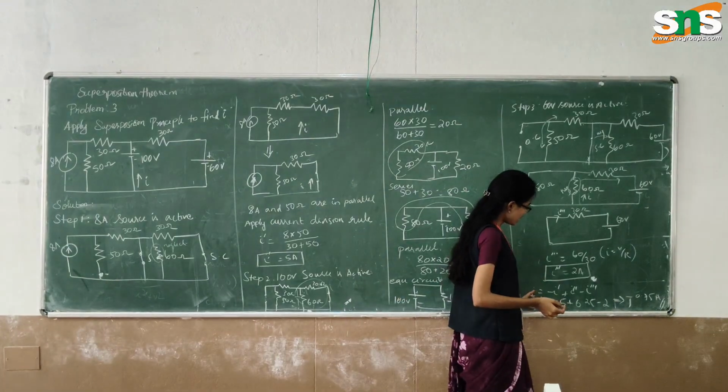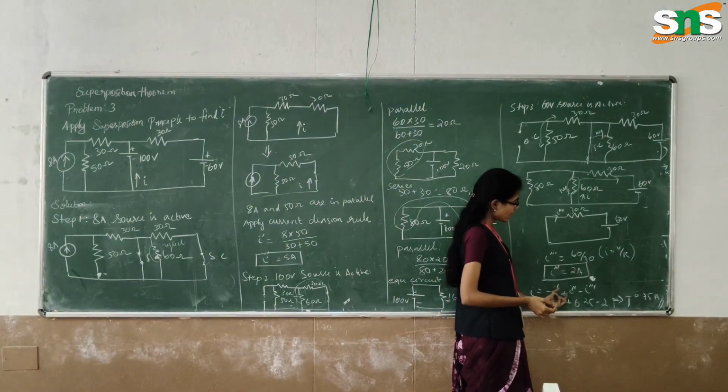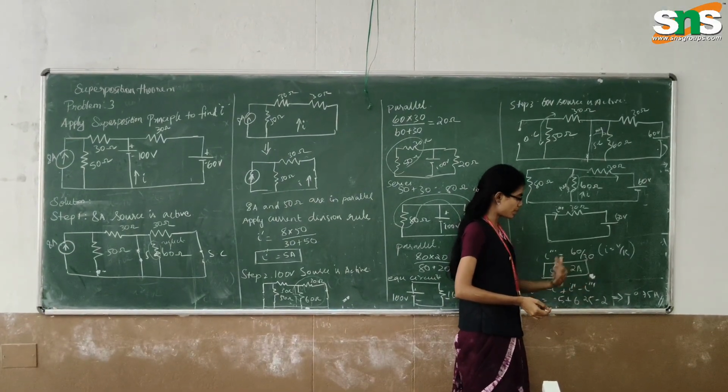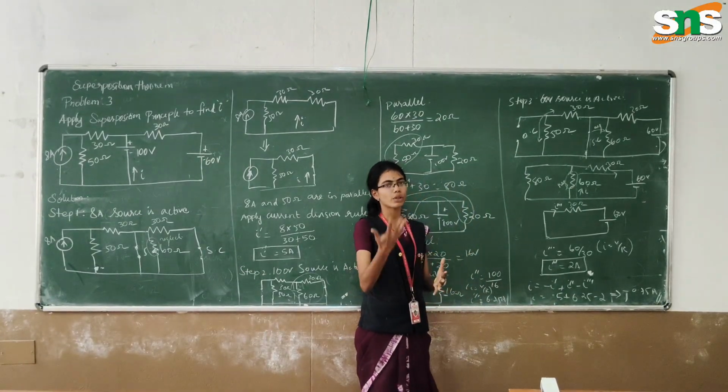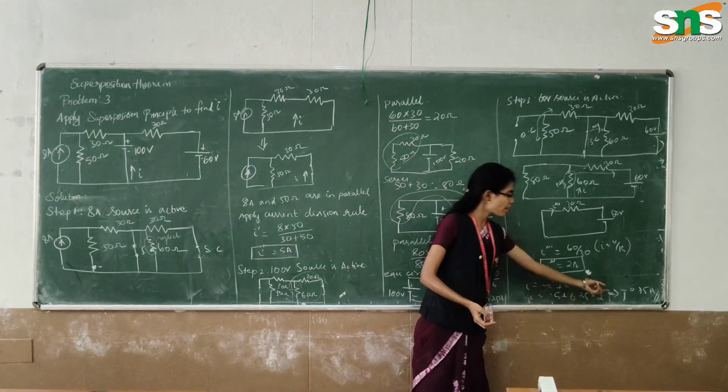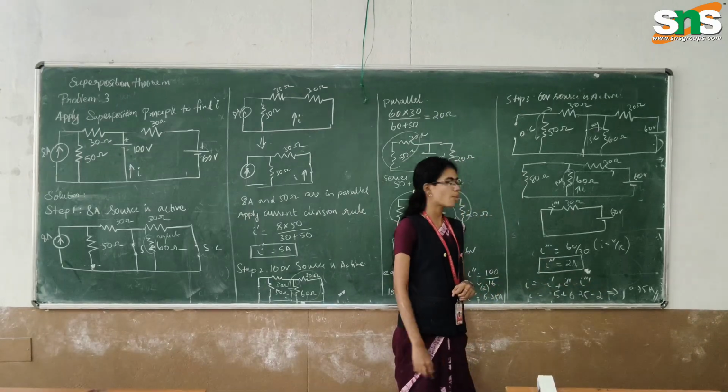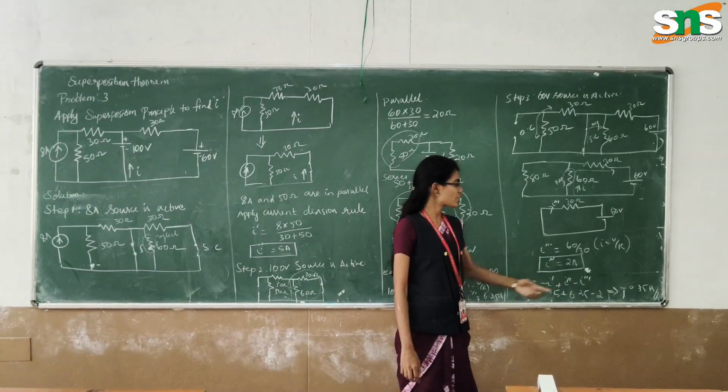So I is equal to minus I dash plus I double dash minus I triple dash, by applying KCL: incoming current is equal to outgoing current. We get the value of I as minus 0.0... So this is your final